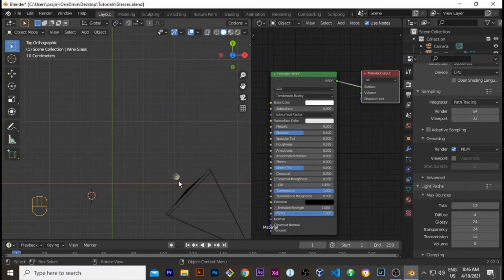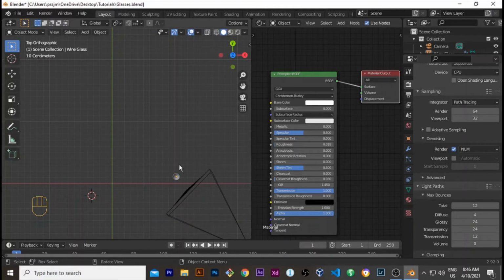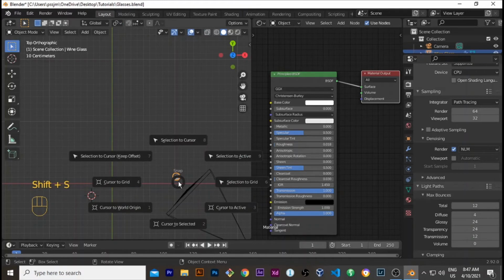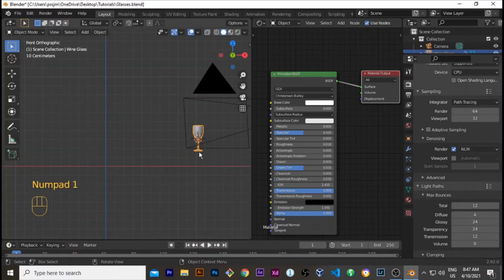This cursor here, let's see, Shift S, cursor to... I want the cursor to go to the selection. Let's select the glass and say Shift S, cursor to selection. Where is that? Cursor to selected. Perfect. Now you see that the cursor is here, and then I want it to be down though, but the